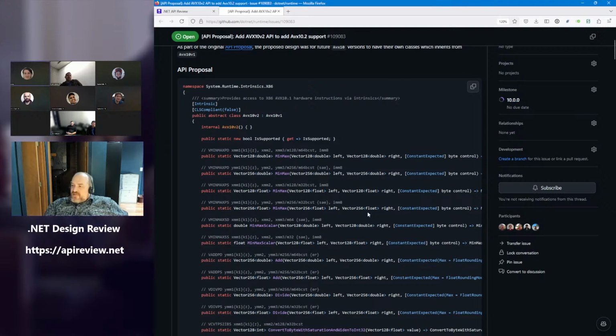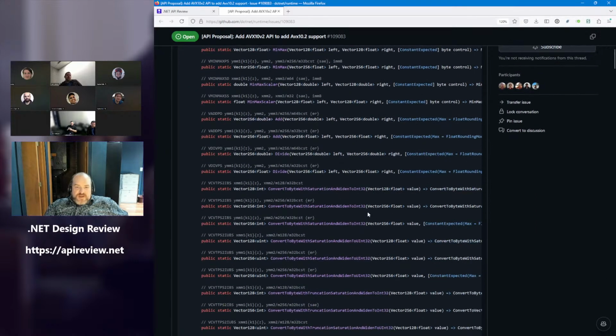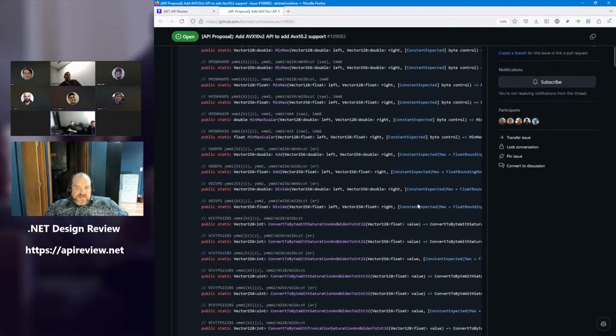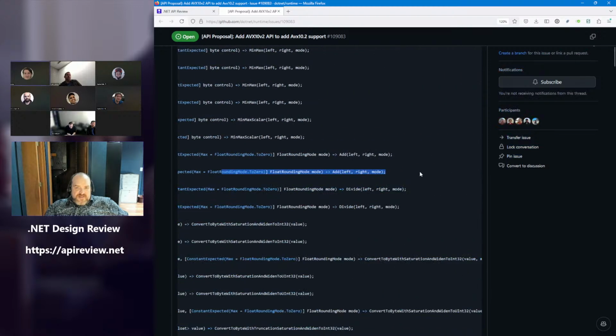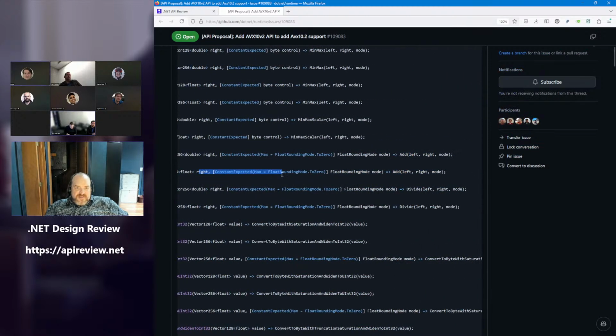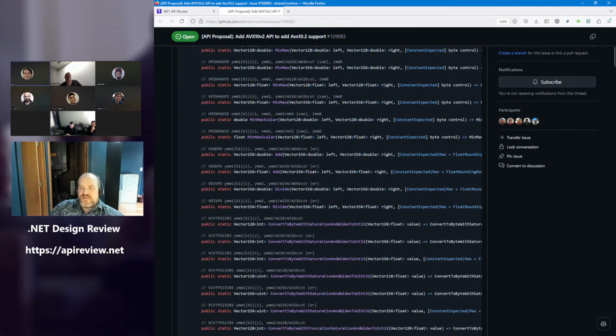Alright, and left and right look consistent with what we've named things, value when it's a single input. You have add methods. Should those not be add with rounding, or is the name that we use just add, even though rounding's taking place? Yeah, we had just done add because there's always rounding that takes place with floating point. It's just that the default is to even, and this allows you to pick the rounding mode instead.